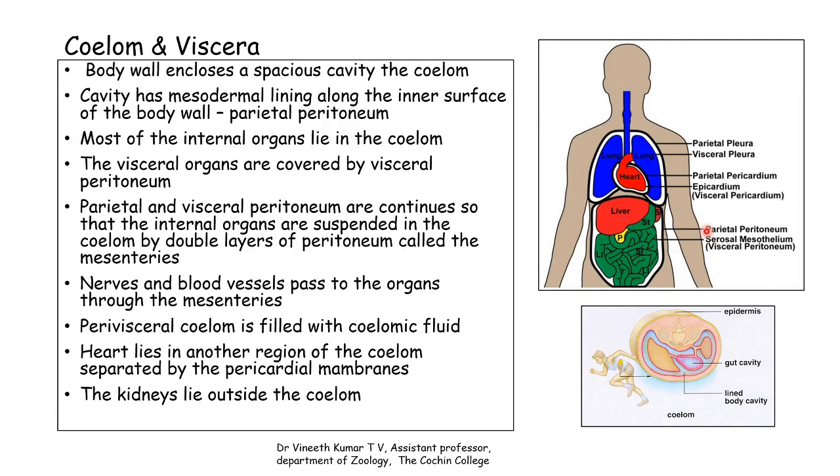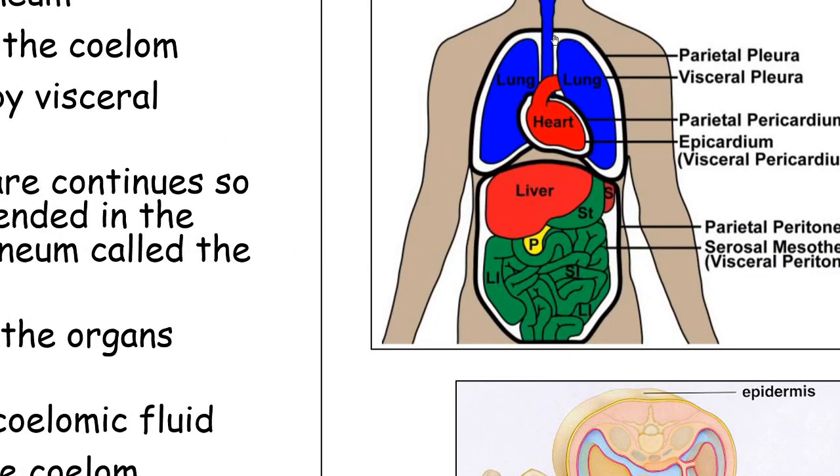If I zoom in here, as you can see, there are the different organs: the lungs, the heart, the liver, the small intestine, the stomach, the large intestine, the pancreas, everything is present here. And you can see there is a demarcation. This demarcation is the diaphragm, and there is a cavity here, and it is in this cavity that the organs are present. The cavity above is called the thoracic cavity, the cavity below it is called the abdominal cavity, and below this there is a small cavity called the pelvic cavity.